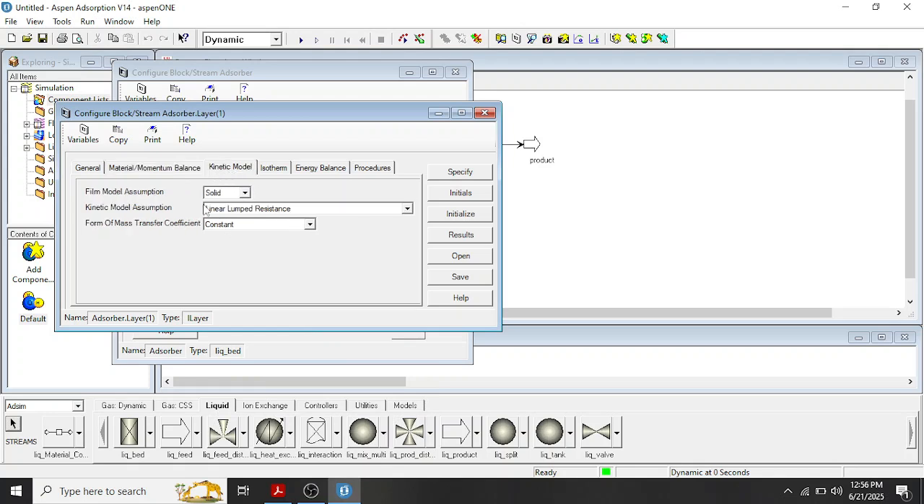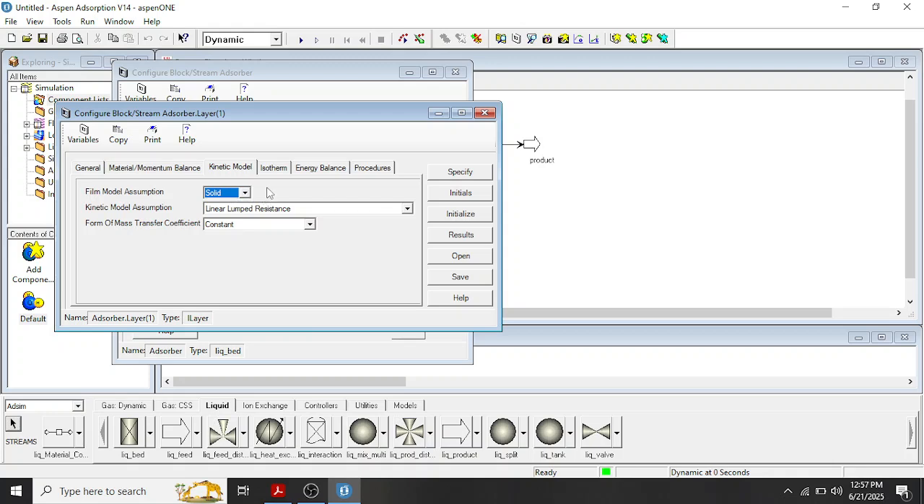For the kinetic model, the film model assumption is solid. You can also use fluid. The film model assumption being fluid shows that outside the adsorbent, the mass transfer is controlled by the liquid film surrounding the adsorbent particle, and then we would use the liquid film model assumption. But in this case, we will use